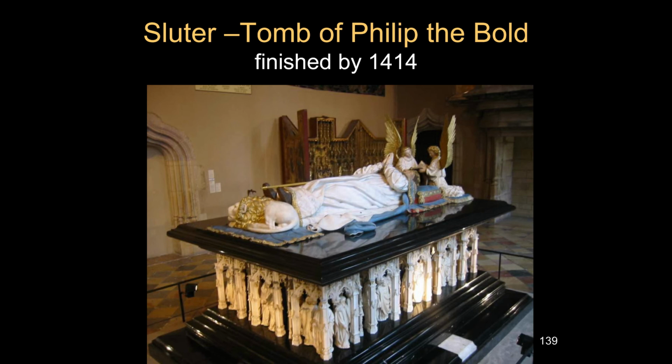Okay. The third work of art associated with Claus Sluter is the tomb of Philip the Bold. Philip died in 1404, but the tomb was not finished until 1410. What I've read is that there's been a lot of restoration on the effigy, so people don't usually talk about it as much because they think there have been some changes. But we will look at the format of it, and then we're going to take a closer look at the body of the sarcophagus.